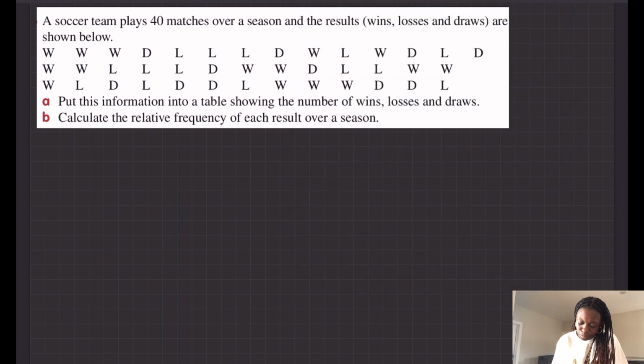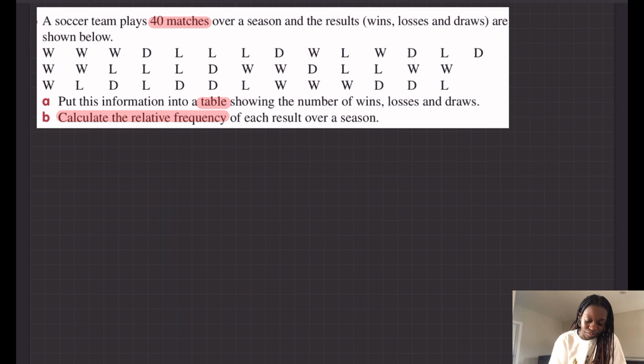Okay. So this question says, a soccer team plays 40 matches over a season. Results are wins, losses, and draws. Put this information into a table, which is usually how you will be representing frequency in stats courses. You'll put the information into a table, and it will show the number of wins, losses, and draws, and then they ask you to calculate the relative frequency. So we need to calculate the frequency first in order to calculate the relative frequency,